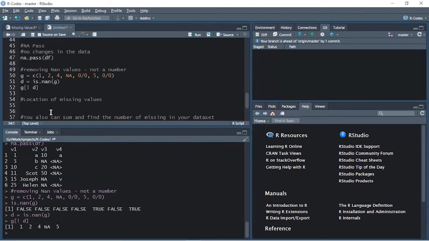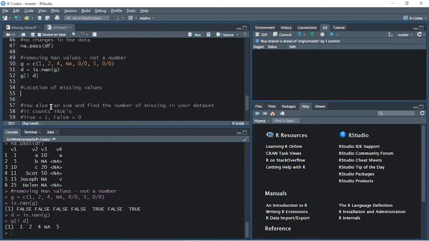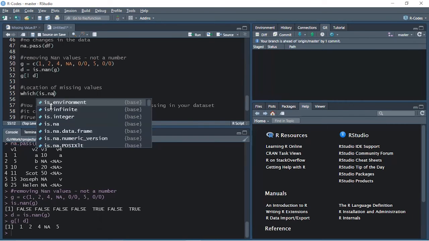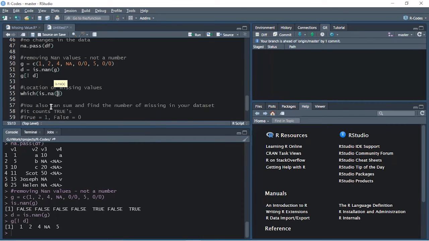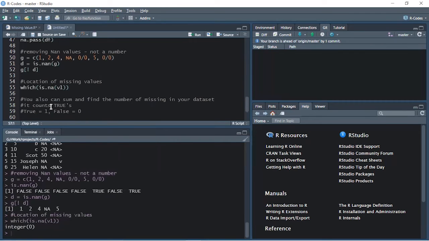Now, let's understand how to locate missing values. We can use the which function. Inside which, I'll say is.na, and I can provide the vector that we want to use. Let's say v1. There were no missing values in v1, so it has resulted in integer 0 because there is no position of a missing value.